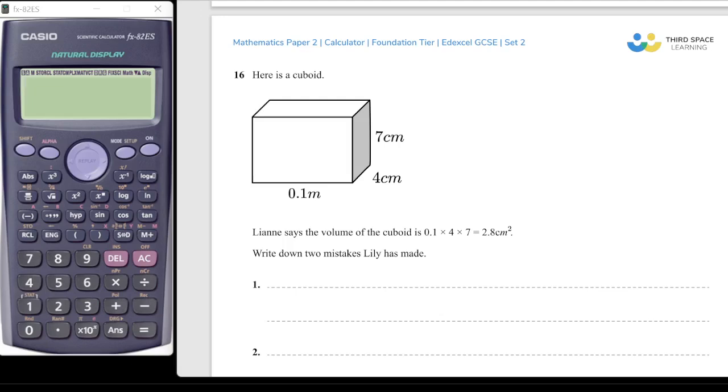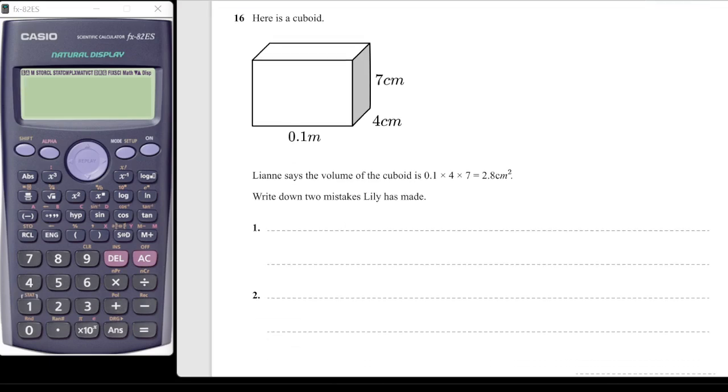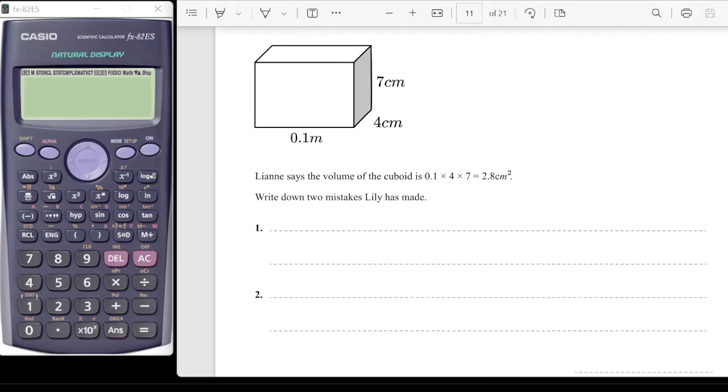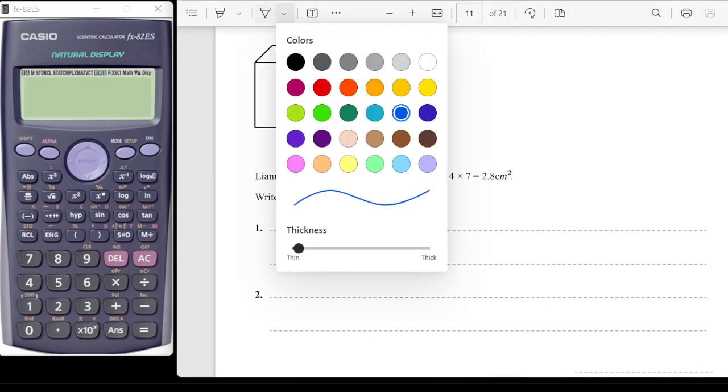Okay, question 16. Here is a cuboid. Leanne says the volume of the cuboid is 0.1 times 4 times 7, which is equal to 2.8 centimeters squared. Write down two mistakes that Lily has made. Lily. Okay. Mistake one is